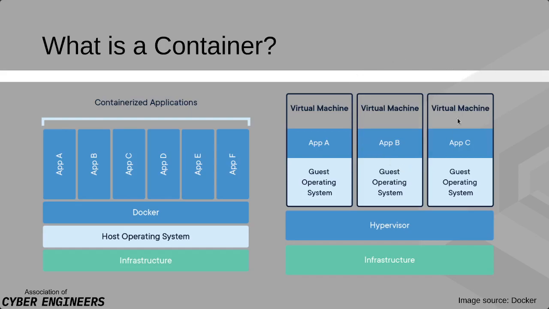So on our right here, we have kind of a map of what a virtual machine server might look like. If this infrastructure block is your actual computer, on your computer, you're running a piece of software called a hypervisor. And a hypervisor is basically an operating system that lets you run other operating systems. And it doesn't have to be an operating system. It can be just a piece of software you run on top of your operating system. If you've ever used VirtualBox, that is a hypervisor.